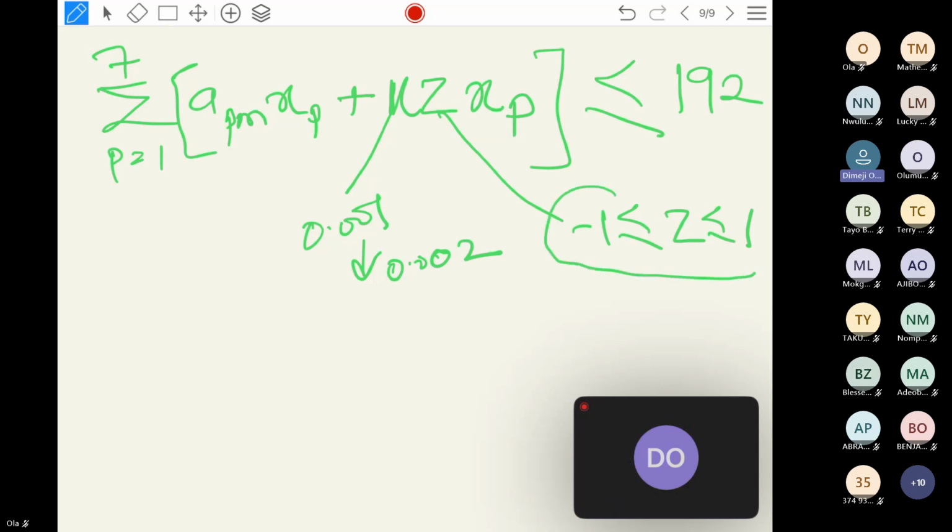Who can tell us the uncertainty type that is used here? What is the uncertainty set type that is used? Who can remind us? We dealt with it earlier. Anybody? Box or interval.